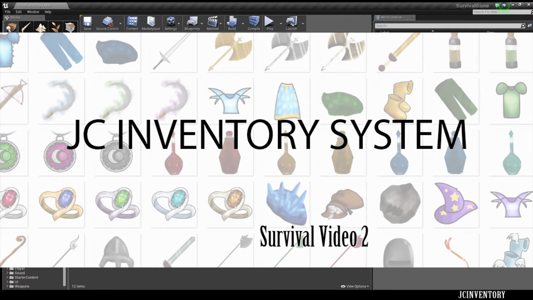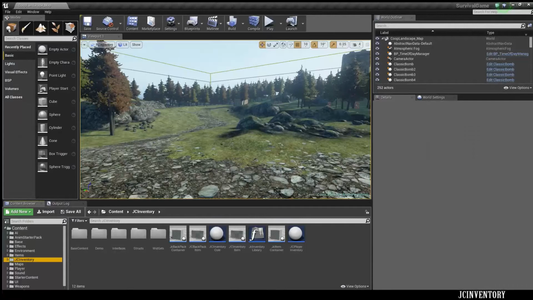Hi everyone, and welcome to another JcInventory tutorial. My name's Jack, and today we're going to be learning how to get the JcInventory actor onto the Survival Tom Lumen pawn. So to do this, the first thing we're going to do is go up to